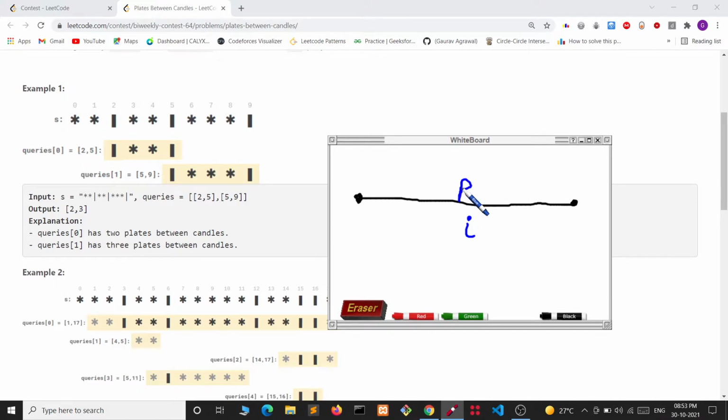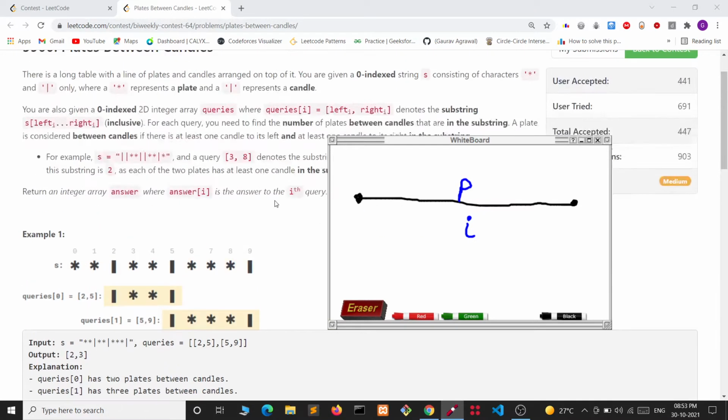This is the index I and we have a plate here. Now to tell whether this plate will contribute to the answer or not, let's say this is left and this is right.